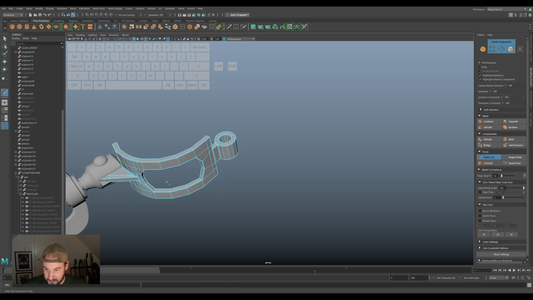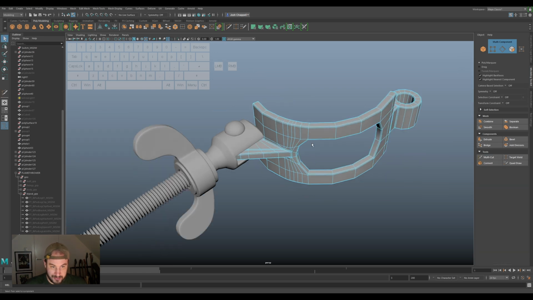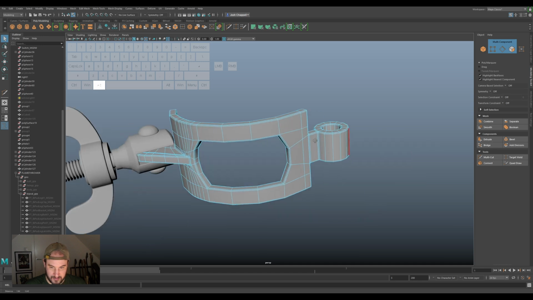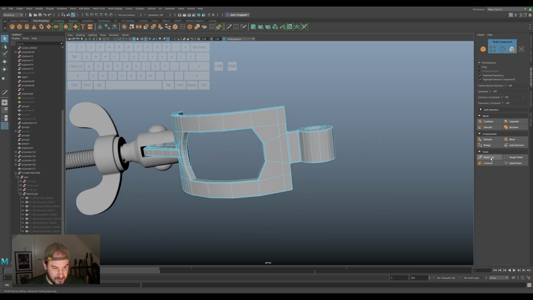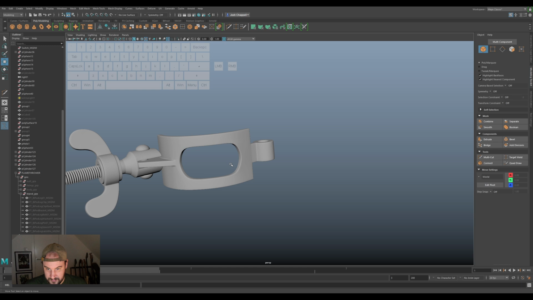Just looking at that, maybe just a cheeky little edge loop in here will help it. Oh, now I'm adding mass edge loops, and that's probably not always the greatest, but just helps with the subdivision, especially when you're baking stuff out. We're not doing stuff for games here, so